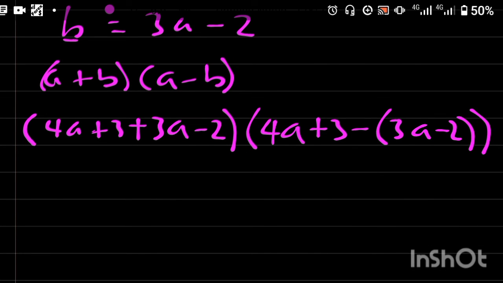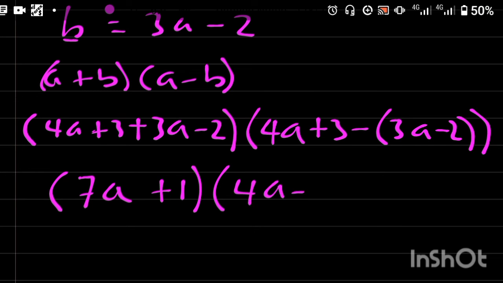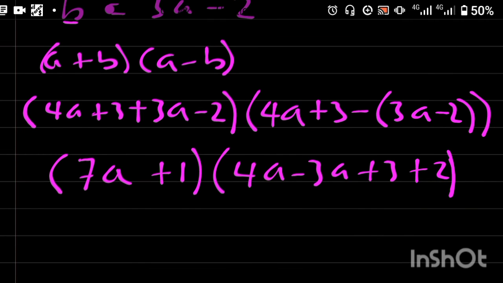Then simplify what you have inside the first bracket. 4a + 3a gives us 7a. 3 − 2 is plus 1 inside the bracket. Open the second bracket. We have 4a − 3a + 3 + 2, because minus times 3a is minus 3a, and minus times minus 2 is plus 2. Therefore, I have (7a + 1)